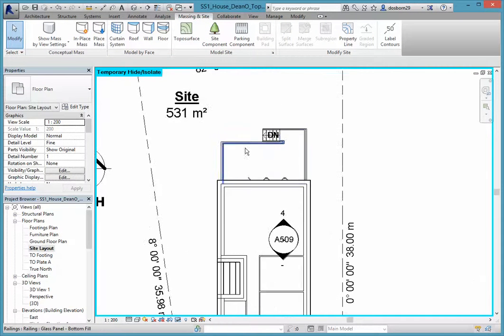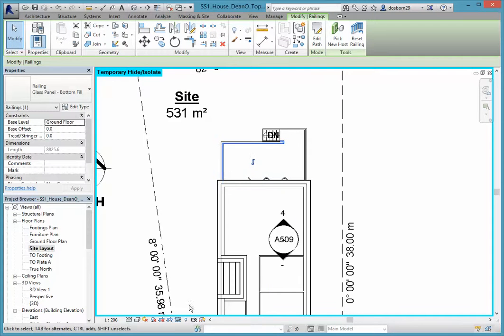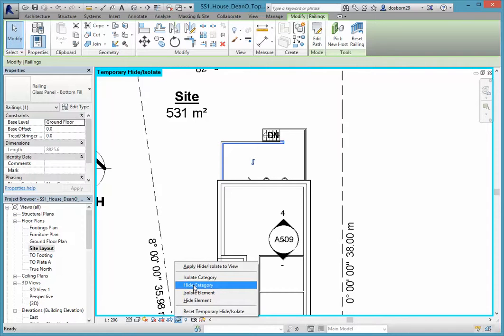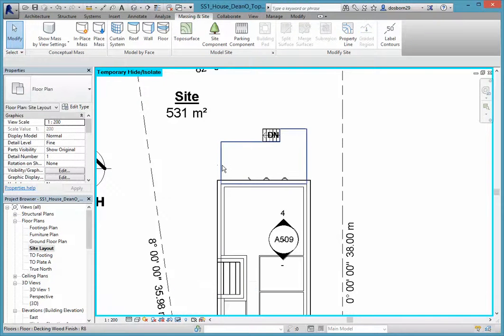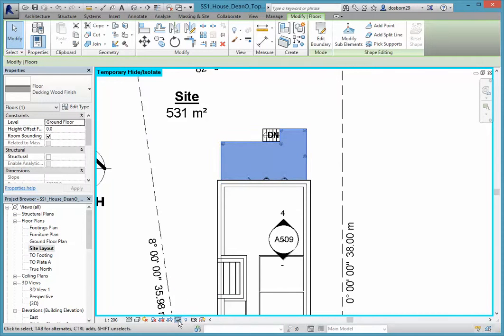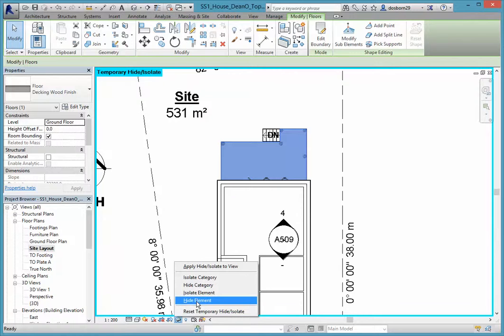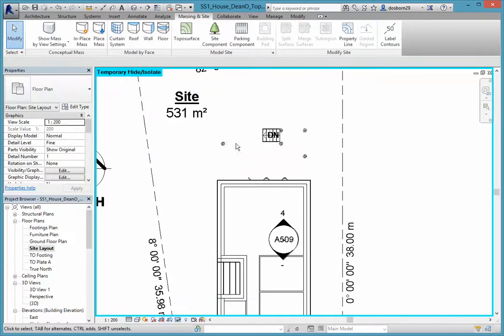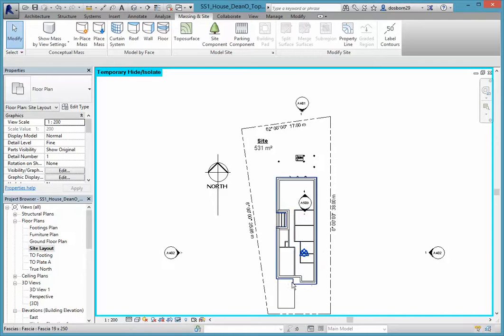I want to get rid of these rails and this floor on the patio, so I'm just going to highlight the rails. This time I've got more rails to get rid of, so when I go in here I'll hide category and just watch all the rails will disappear there. And the floor, I'm just going to hide element because I don't want to hide all the floors. And that just leaves us with our posts here and our steps, and we can see all of these driveway